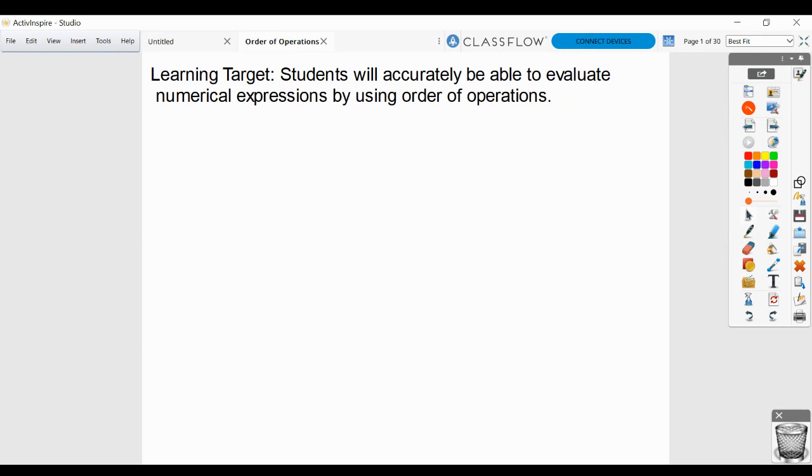All right, today is the first day that we are going to talk about order of operations. This should be review for you. We've done order of operations probably since elementary school. So basic order of operations, we're just going to work through some problems. These notes will also be given to you whenever you are here in school. But if you would like to follow along on a sheet of notebook paper, you are more than welcome to